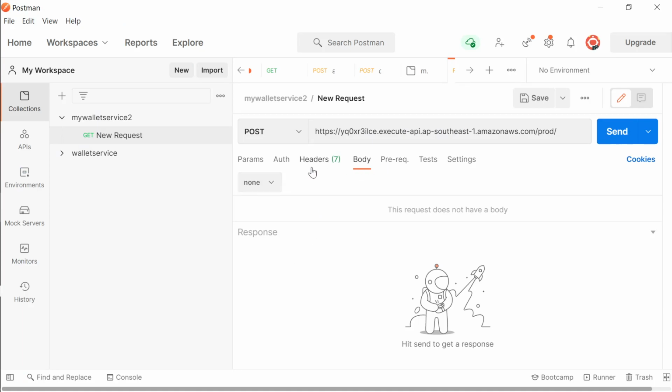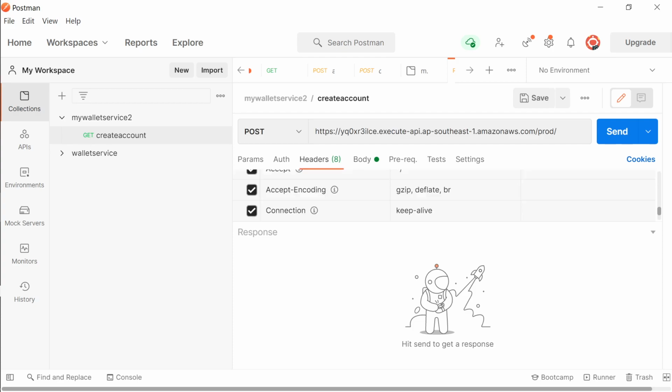Now this is a POST method, with body and headers. Where is the body? Why is it not coming? This request is a create account request. We'll give it a name so that we recognize it later. This is in Postman, and whatever tools you're using, you have to learn that tool. Here the body has to be in raw format. Ideally JSON should be there, but I selected raw format and pasted it over here.